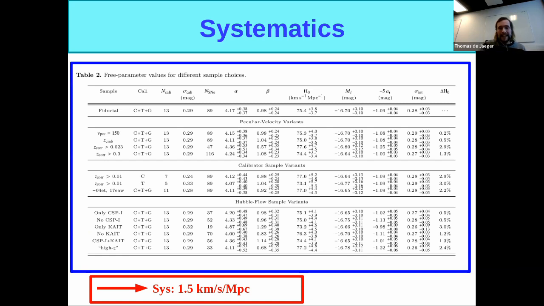But again, here we're using only TRGBs. I have only 5 objects, or 7 using Cepheids. But it's difficult to be consistent with Planck. And I think I would like to mention something that maybe I didn't mention. Here, I test only the last 2 rungs of the distance ladder.